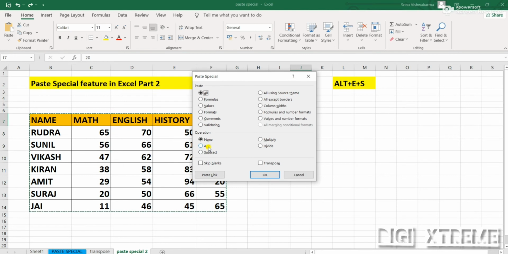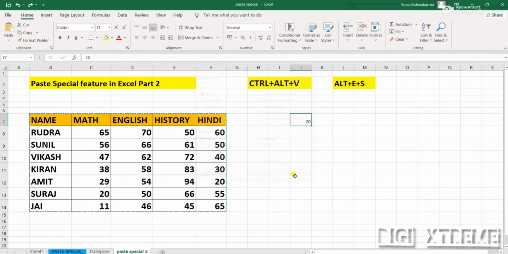Next is Add. Add means addition. How can we add anything with the help of paste special? These are the marks of students, and if you want to give a grace of 20 to everyone, how will you add 20?